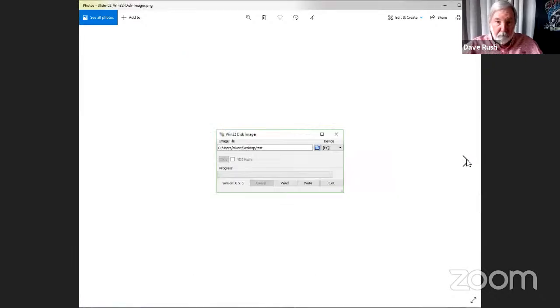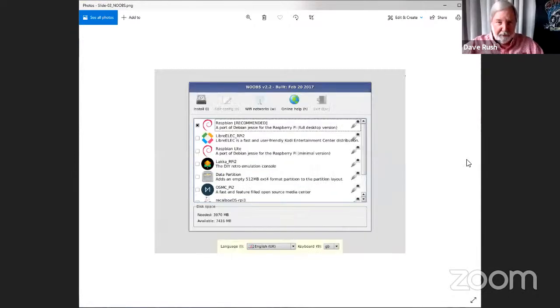All right. So that's it. I've got the card in the beast. I hit the power, and now we're on autopilot. It's going to boot up into the NOOBS interface. Let me show you that. That's the Rufus equivalent that we're going to use in another method. I'll come back to that.